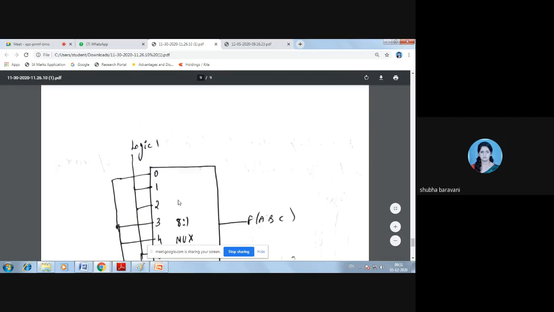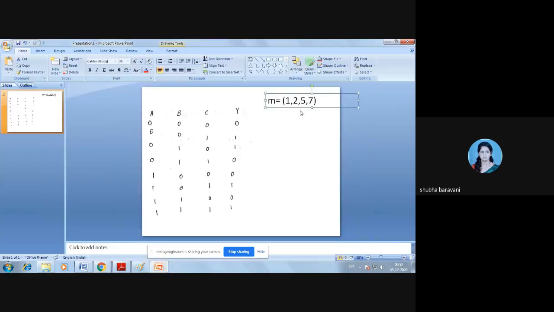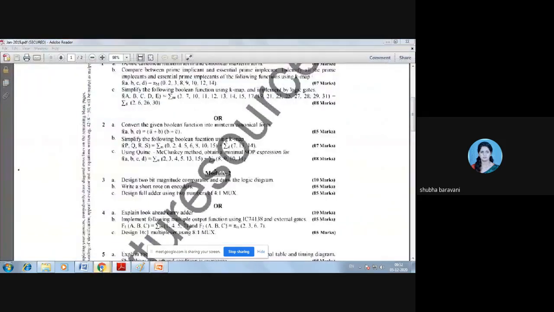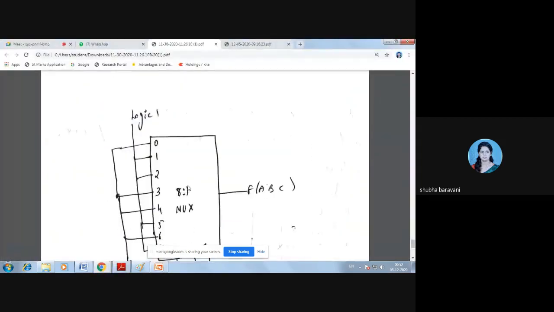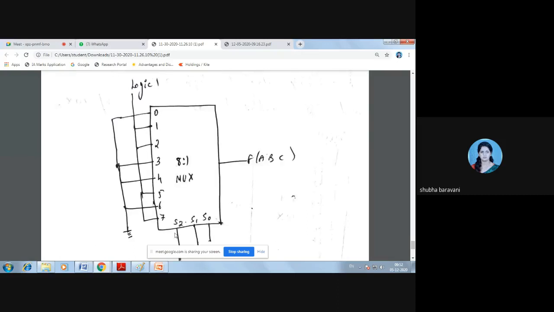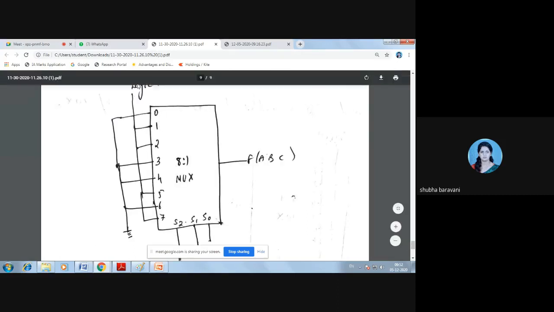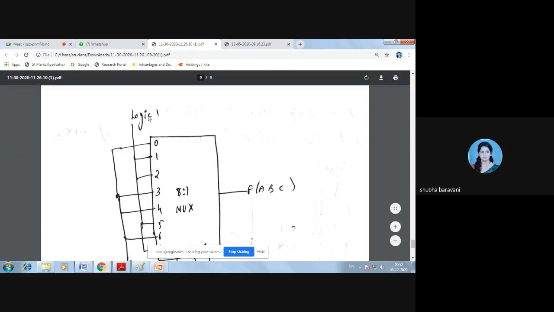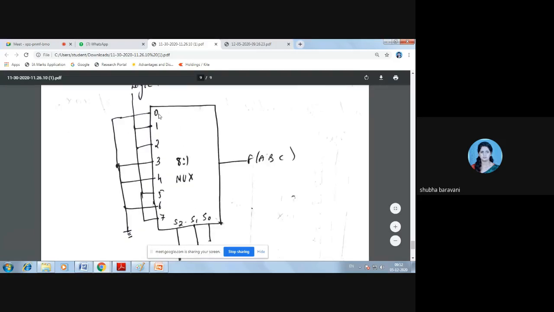And what is my min term? 1, 2, 5, 7. I have taken these outputs 1, 2, 5, 7 and connected them to logic 1, and the remaining min terms 0, 3, 4 and 6 I have connected to logic 0, or you can ground them. Did you understand this?